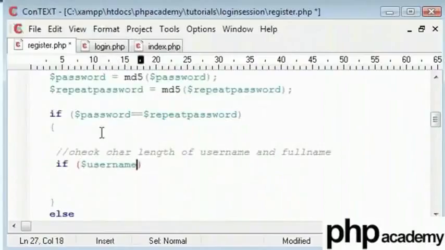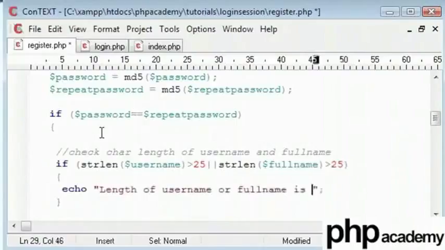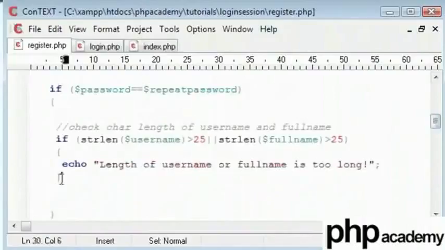If the string length used in this function is greater than 25 or the string length of full name is greater than 25, then we echo length of username or full name is too long. So, just to keep it simple, and then otherwise we will say